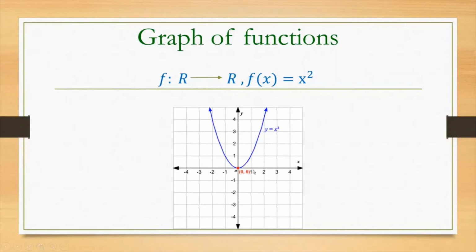Like that, for every point on the real line, we take a small x in R. We draw a line on x and we have an image small y. We draw a horizontal line which is parallel to the x-axis and consider the meeting point, then mark that point. Likewise, we join all the marked points, so we get a graph like this. This is how we write the graph of a function, right? So we join all the points connecting elements and images, and we get the graph of a function.